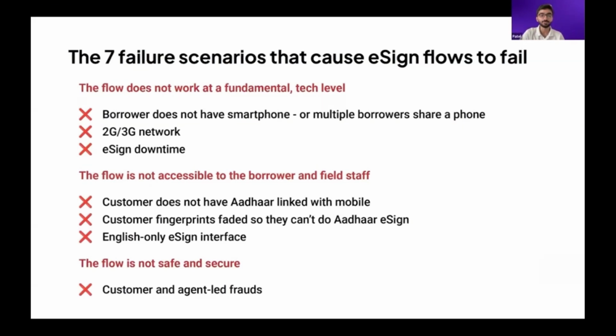The second bucket is where the flow is working technically, but does not actually work practically on the ground, right? Two reasons are because, say, Aadhaar eSign is not possible. And third reason is that modern eSign interfaces are in English. And the final bucket, the flow safety and security. When companies switch to a digital process, they often find fraud does increase, right? We'll show you how to prevent that in your